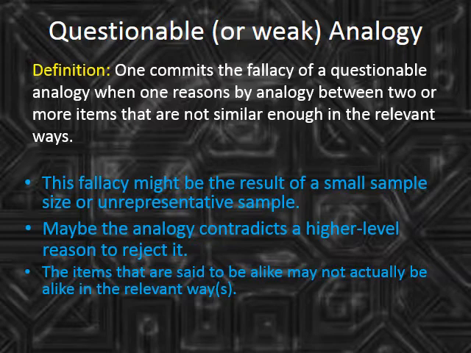Or the items said to be alike might not be alike in the relevant respects, even though they are superficially alike. Suppose that I say, life is like ice cream. This is actually a metaphor in a famous poem, and it is a good one for the point it was trying to make. Life is a sweet thing, but it is slowly and inevitably melting away. You can enjoy it while you have it or not. But, as a general analogy for life, it wouldn't be very good. It makes that one point about life, but if you tried to draw other conclusions about life based on ice cream, you wouldn't be able to do so. You wouldn't be able to say, for example, life is a dairy product, or people live longer at freezing temperatures, or that we would all be better off if we lived in waffle cones instead of houses.